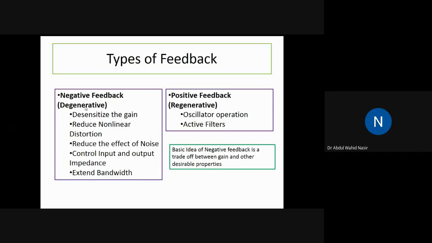So how can we use those advantages? If we have a feedback system, there are so many benefits we are getting. In this class, I will show in summary what the feedback system, the negative type feedback system, is and what its properties are. A negative feedback system is also called degenerative. If you use negative feedback, these are the things that you are going to gain.